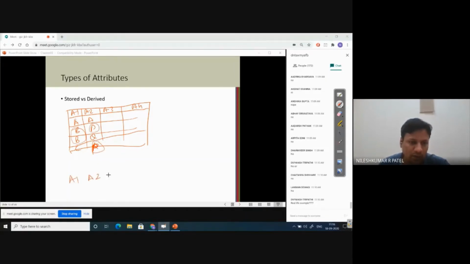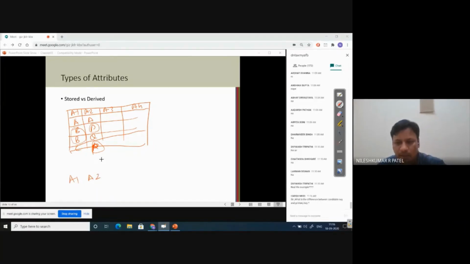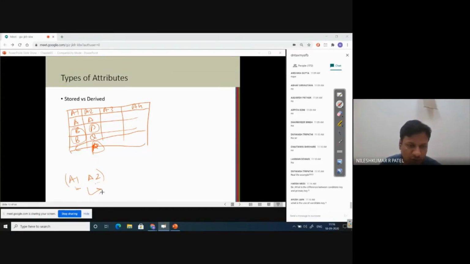So A1 or A2 cannot independently become a key. Let me complete this. A1 and A2 cannot independently become a key. So we combine both of these and designate them as a composite key. Composite key is also a key, but since we are not able to find a single attribute key, we go with more than one attribute, and by combining A1 and A2, we are able to find the uniqueness property.